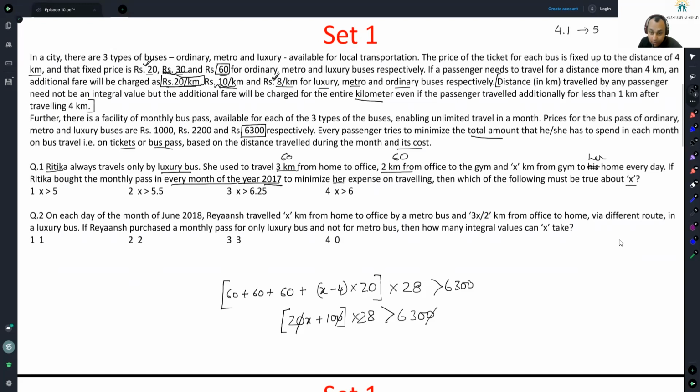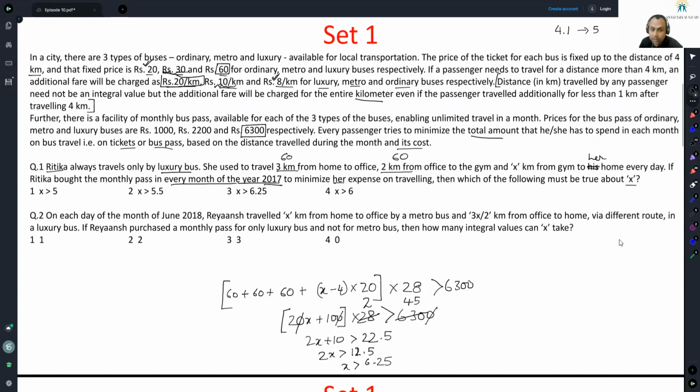I can get rid of 14. This will be 45. So 2x plus 10 is greater than 22.5, or 2x is greater than 12.5, or x is greater than